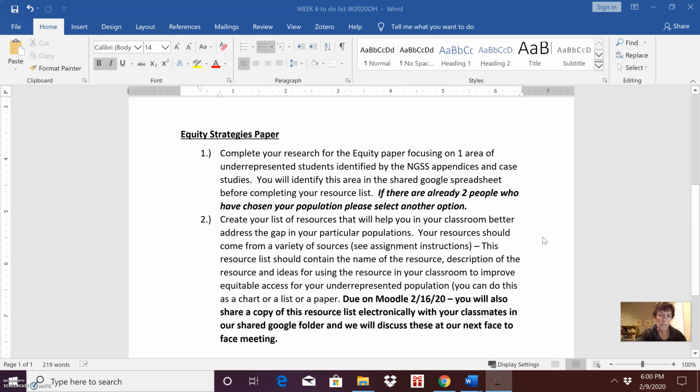So that's the equity strategies paper. Your task, you started hopefully last week doing some research, looking at the NGSS appendix that has case studies. This week I want you to actually choose one of those underrepresented populations, and complete a choice in the shared Google Drive for our class. There is a Google sheet that has a place for you to indicate your choice. Please do that first, because I would like only two people to have the same population